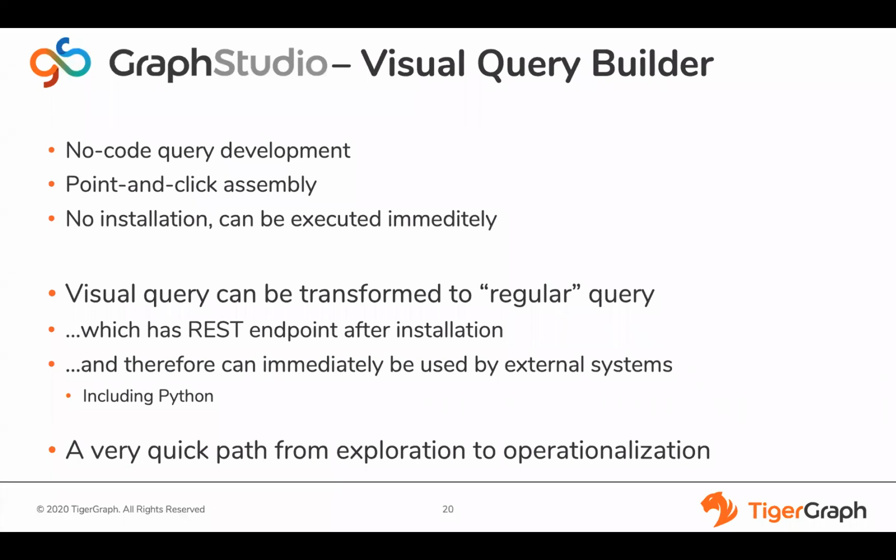They can be executed immediately. But they can be transformed into a regular query that you can further manipulate or customize. And then when you install it, it immediately generates an endpoint, which can then be used by external systems like Python. So it's a very, very quick path from exploration to operationalization without writing a line of code.